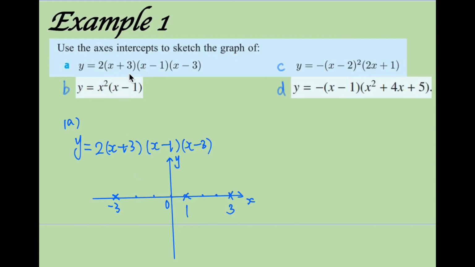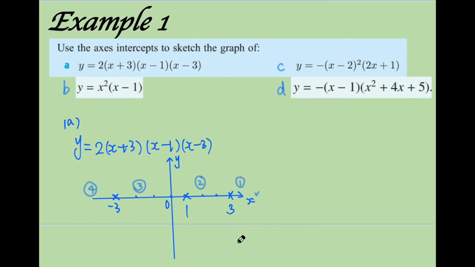For part A, there are three distinct linear factors, and we are going to find the x-intercepts first, which are -3, 1, and 3. Then these three x-intercepts divide the x-axis into 4 sections. Then we are going to use the sign diagram to determine the sign first. Then to the right of 3, we can use a value, for example, select x equals 4 to determine the